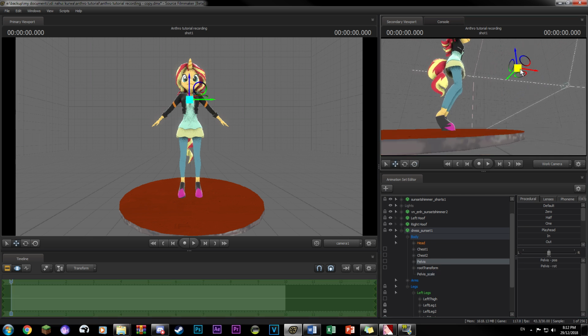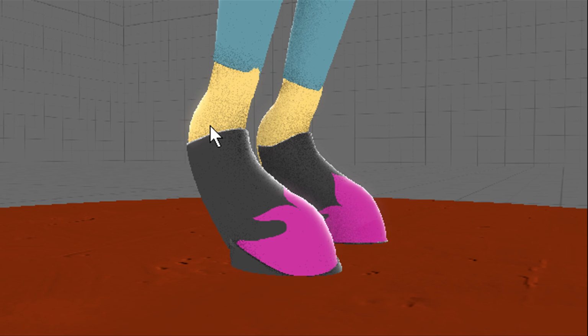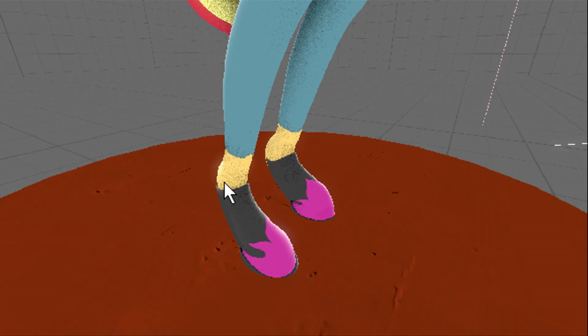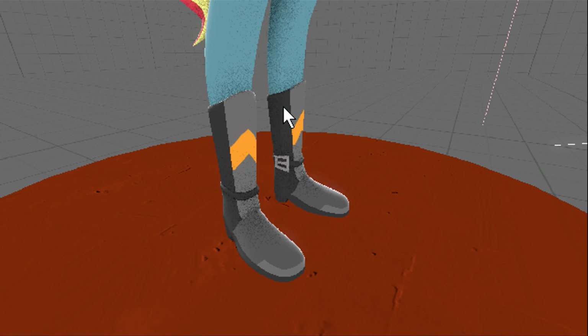One might think this works in theory, but if we do so, we can see that there's a gap between the top of the boots and the bottom of the pant legs. It's because of this gap that it looks weird, at least to me. I don't know if you think the same, but at least to me it looks weird, because on the default Equestria Girls model with the plantigrade legs, there's no gap there. The jeans go all the way down into the boot.